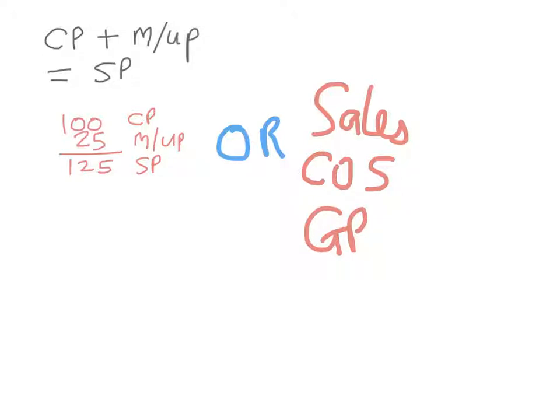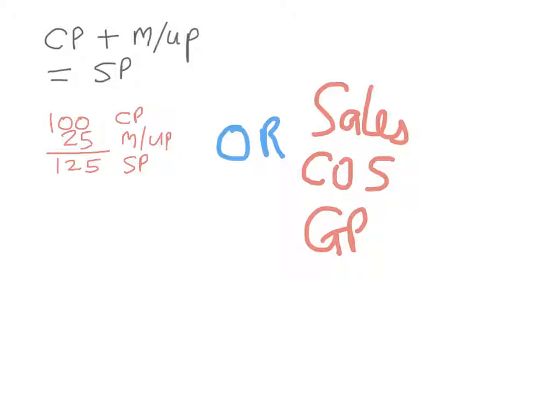So if the cost price plus the markup is equal to selling price, I've shown you in a little table here, with the cost price of $100, the profit markup's been added to it, and the selling price is $125. This can also be